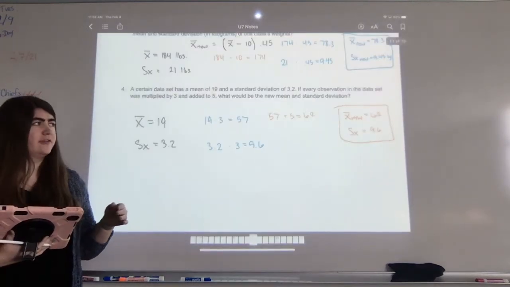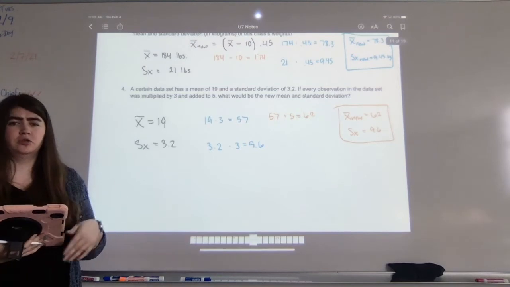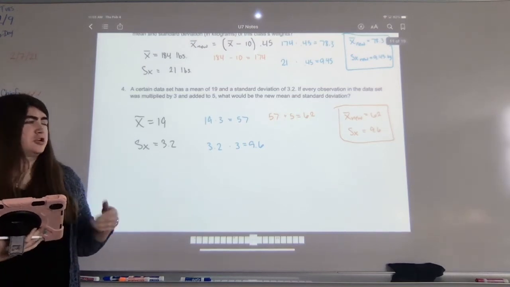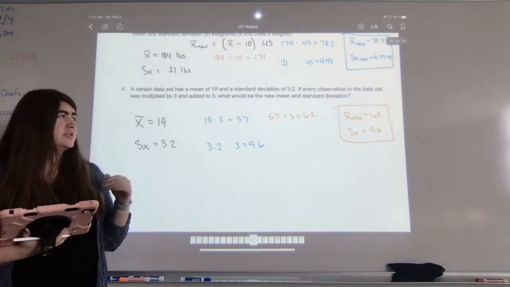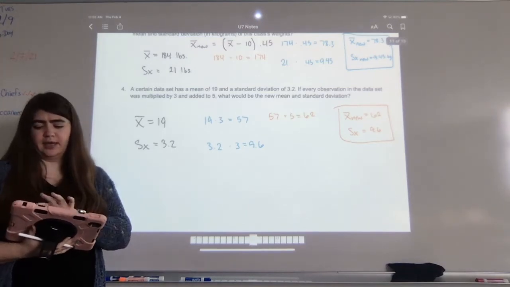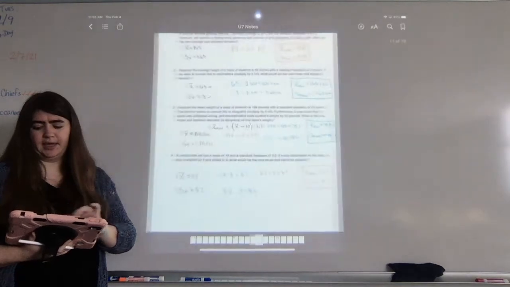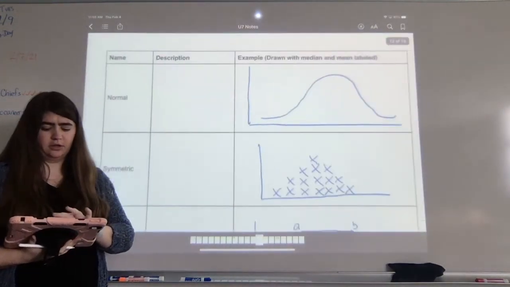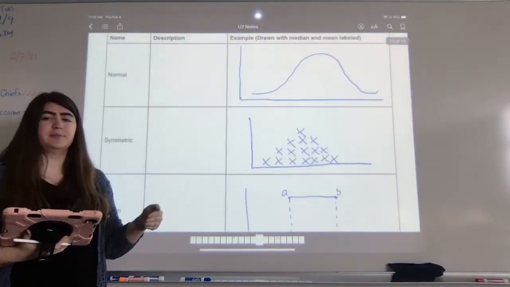So now that we've looked at a few examples of calculating for a new mean and standard deviation when you're changing a data set, we also need to take a look at how data is distributed. So let's go ahead and turn the page, and we are going to look at the different types of data